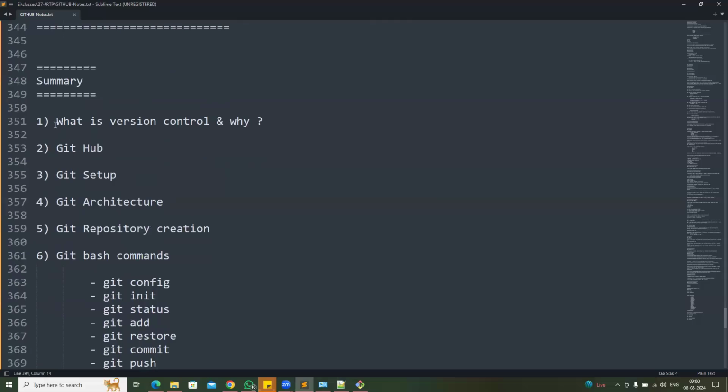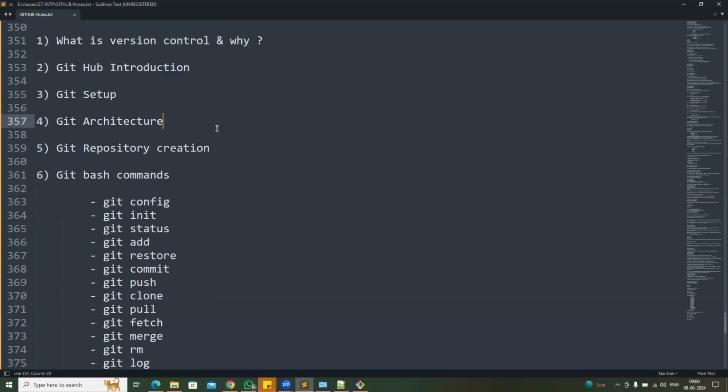So these are the topics that we have learned from our version control software classes like GitHub and Bitbucket. We discussed what version control is and why. We discussed GitHub introduction, and we have seen Git setup, nothing but account creation and client installation. Git architecture: what is the working tree, what is the staging area, what is the local repository, what is the central repository. We discussed that in the Git architecture, and we discussed Git repository creation,